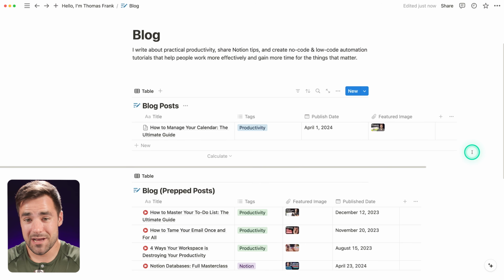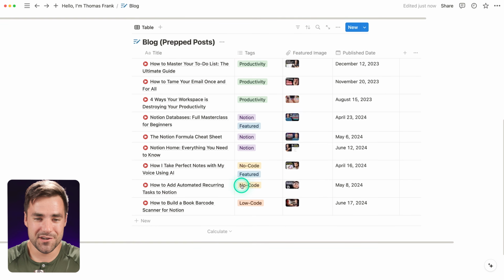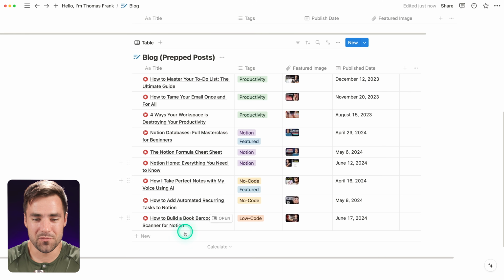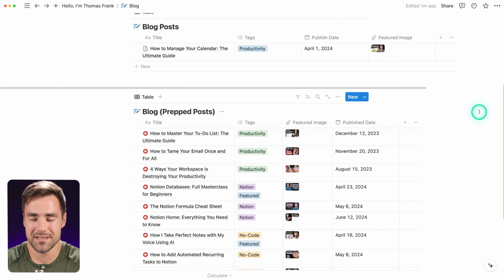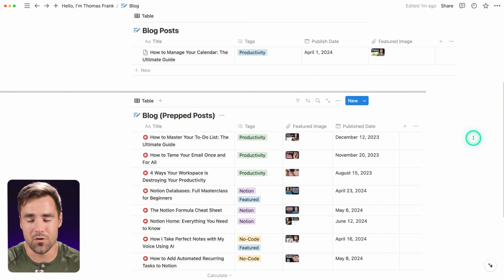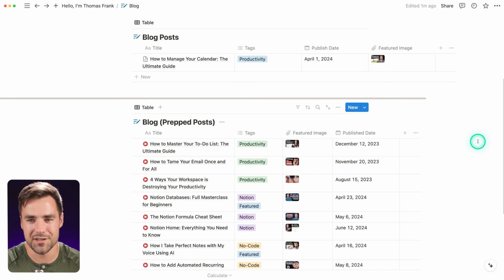Now, to save us some time, I've created this prepped posts database here. This is a separate database full of some other blog posts, and I'm going to go ahead and just move these blog posts into this database. And if the databases have the exact same structure, that is going to work perfectly well. However, I already can see that there is an issue that will cause us a little bit of trouble if we don't fix it ahead of